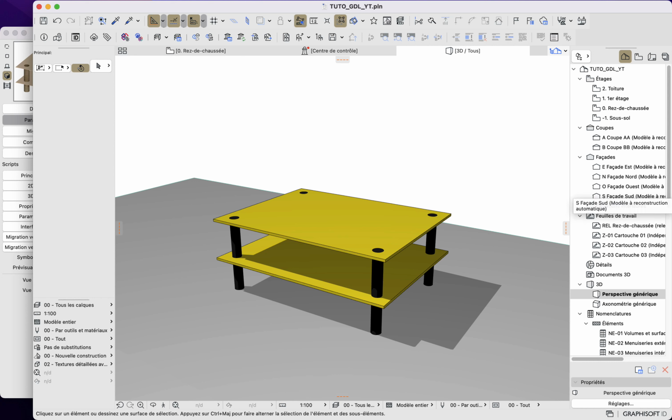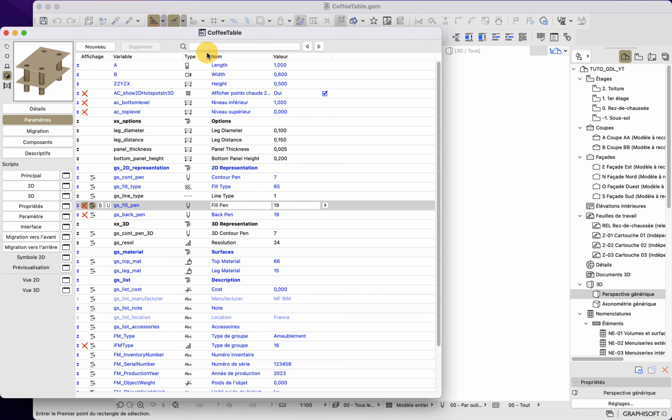In this video, we will put some finishing touches to our code so it becomes a bit cleaner and more maintainable. So here, let us go back to our GDL editor.